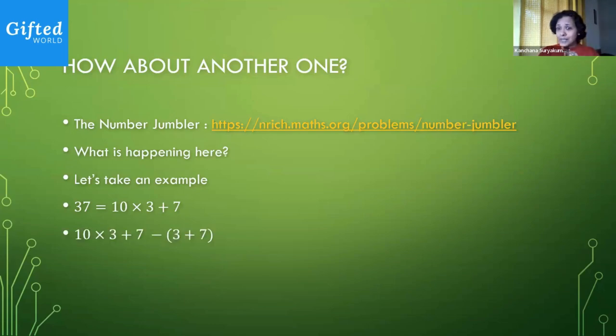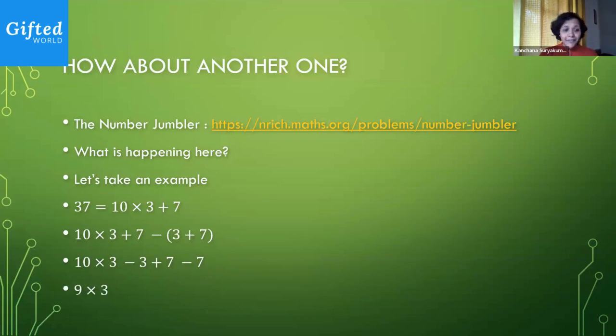Then it's asking me to subtract the sum of the two digits. So I have to subtract 3 plus 7 from it. But I notice the way I've written it out, I'm adding 7 and I'm going to subtract 7. So let me make my life easier. Let me subtract the 7 from the 7 and the 3 from the 10 times 3. This makes my life simple. I don't have to add and then subtract. So 7 minus 7 gives me a 0. I now have 10 times 3 minus 3.